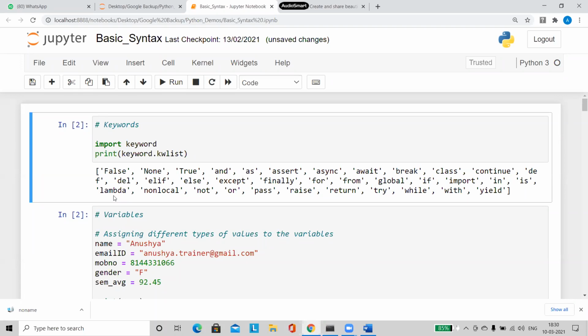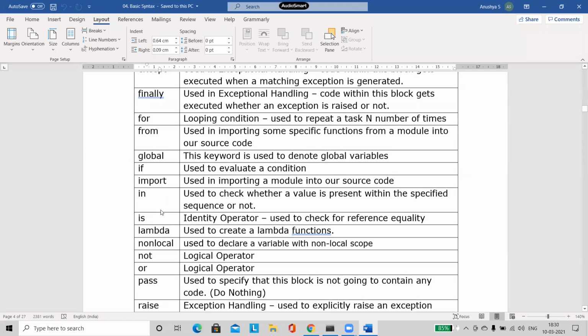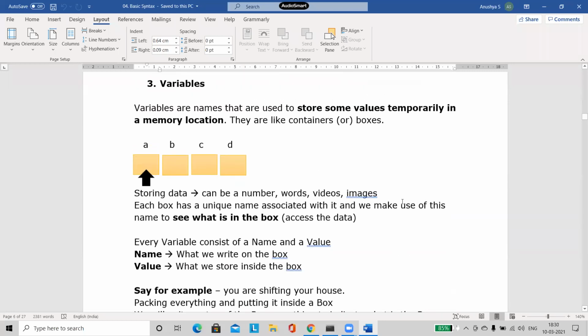Next concept we are going to look at is variables. Right from the starting, I have been telling you about variables. So what exactly is a variable? A variable is nothing but a name, an identifier. The purpose of this name is that inside the variable, I am going to store and keep some values. Remember always, your variable is like a container. Your variable is going to act as a container.